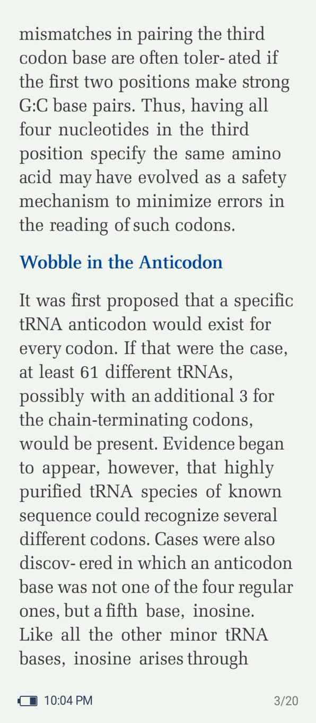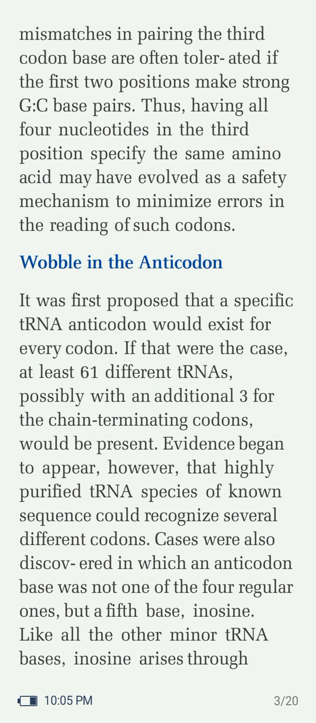Next, wobble in the anticodon. It was first proposed that a specific tRNA anticodon would exist for every codon. If that were the case, at least 61 different tRNAs, possibly with an additional 3 for the chain terminating codons, would be present. Evidence began to appear, however, that highly purified tRNA species of known sequence could recognize several different codons. Cases were also discovered in which an anticodon base was not one of the four regular ones, but a fifth base,